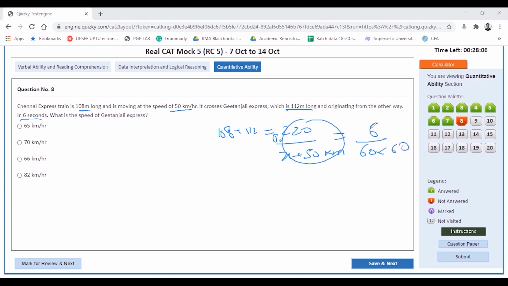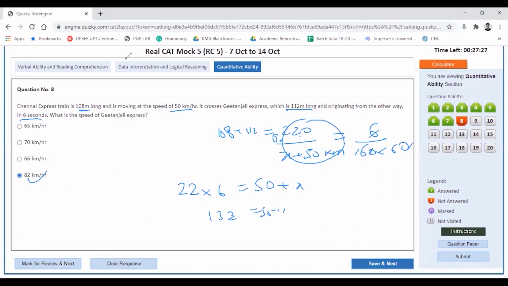times 60 minutes, hours. Now I convert into hours, so that way it becomes a bit easier not to make a units mistake. 22 times, 22 times into both of these, 0 I cancel with my decimal place. I cancel one of the 6 this side, 6, and then 50 plus x, 132. 132 is equal to 50 plus x, and that gives me simply 82 kilometers per hour speed. Great.